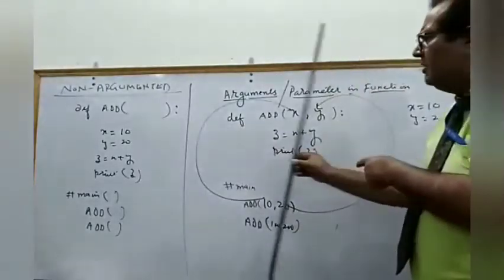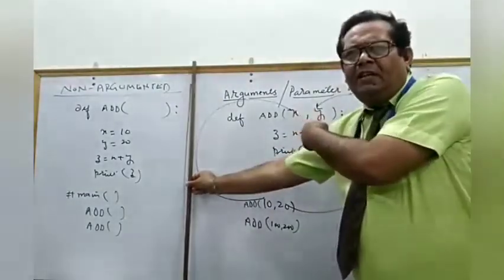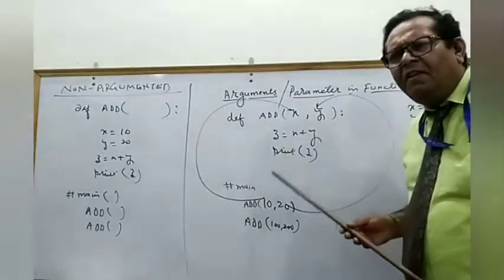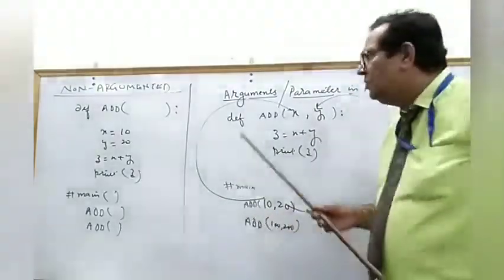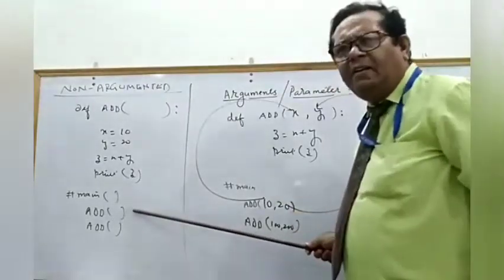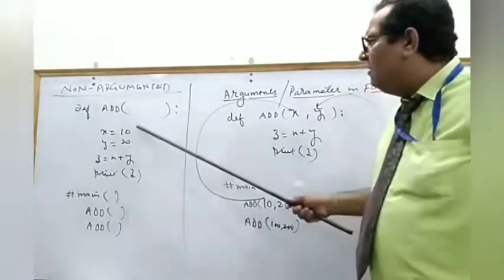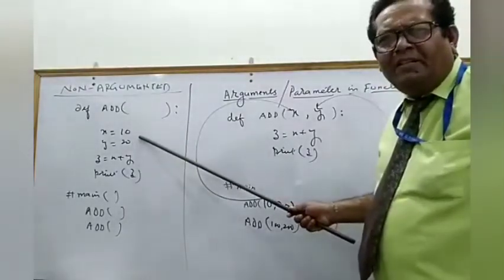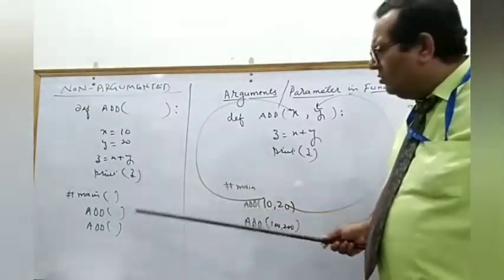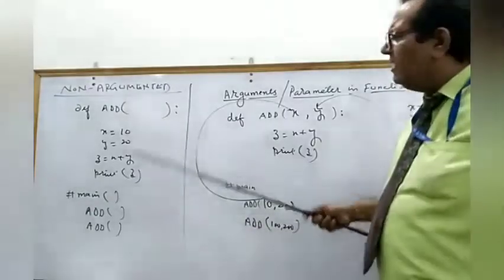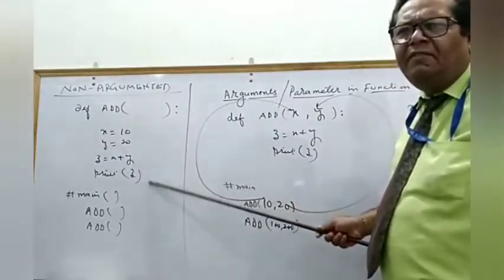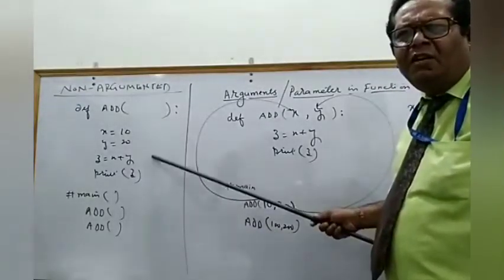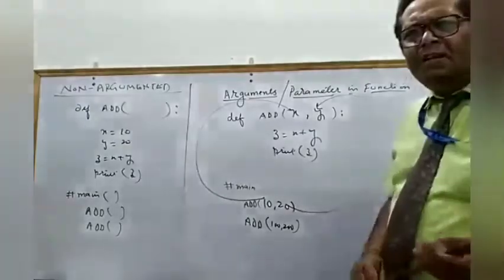Rather, this side you can see the argumented function, which accepts the values given by some other function that calls it. So in this case, when we call the function add, the add function will take the values x as 10 and y as 20 by itself and will give the result as 30. Again, when we call the function, it will take the same values 10 and 20 and add them to give the result. So as many times as we call this function, it will take the values 10 and 20 by itself and will always produce the result as 30.